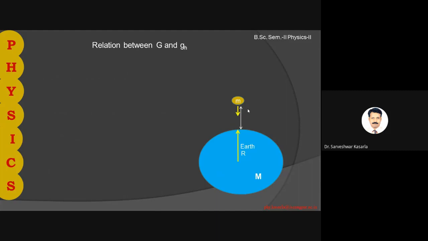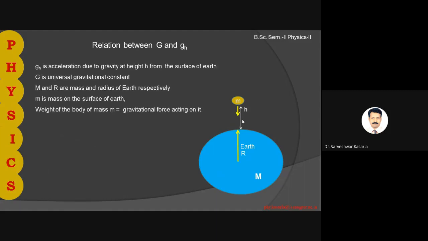So let us see the relation between capital G and gh. Now gh is the acceleration due to gravity at height h. So if you take this mass at height say h, so what happens? Here the acceleration due to gravity will change, and that acceleration due to gravity at height h is denoted by gh. G is the universal gravitational constant. Mass of Earth and radius of Earth is already defined. So let us see here, weight of the body is again equal to gravitational force acting on it. So here mgh is the weight of the body acting on it. Okay, so